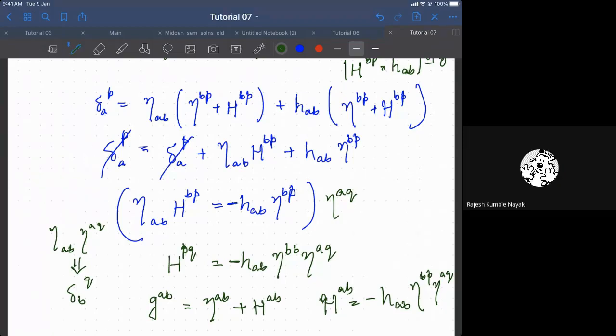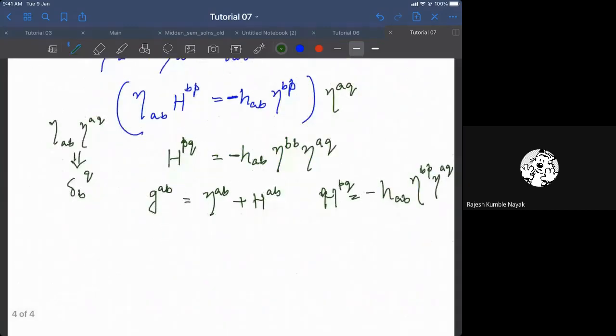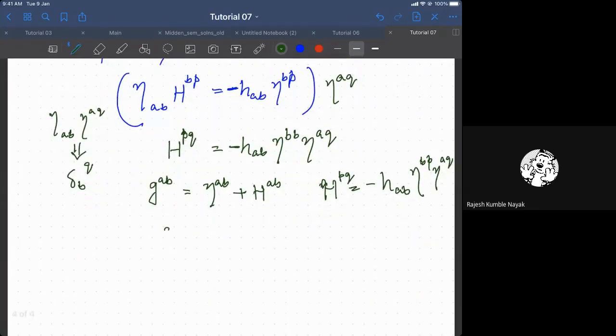Here, no, here, right? The last one. Yeah, last one. It should not be AB, it should be PQ. Okay, so that is the same thing. So to not introduce another variable just like that, we simply understand it by writing HAB minus HAB, where our HAB upper one picks up a minus sign from the lower one after raising it. So this is what essentially it means, they're taking the inverse.